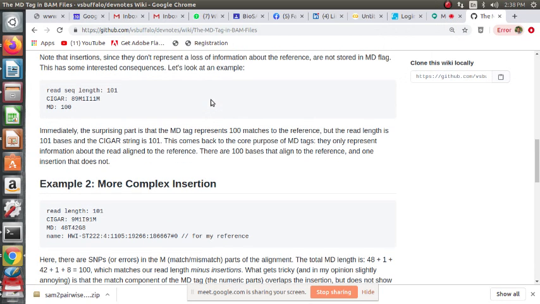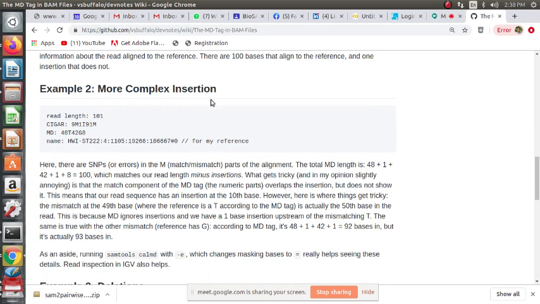whereas the numbers in the MD represent only information that's aligned to the reference. So MD represents only the alignment length, whereas read length can include insertions, deletions, and so on.